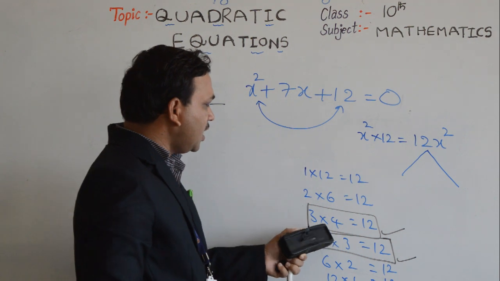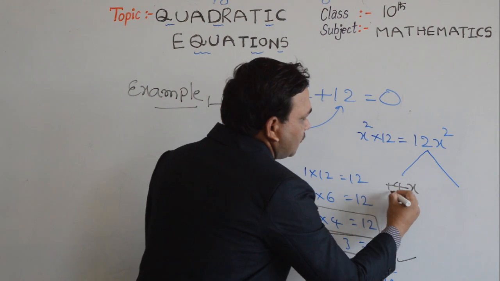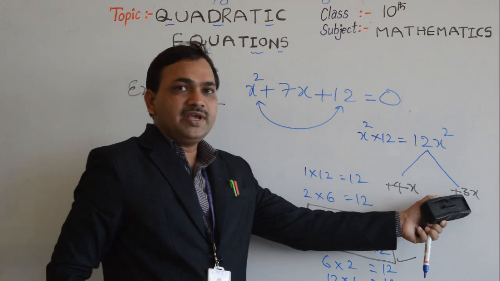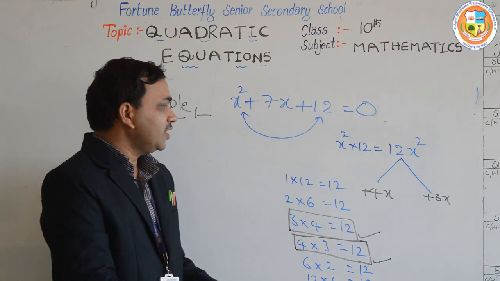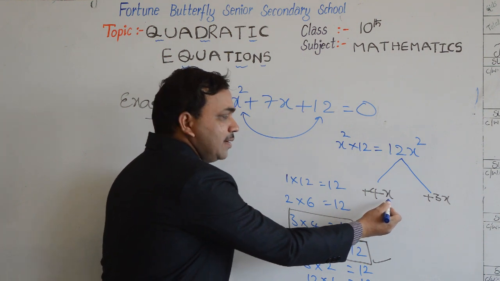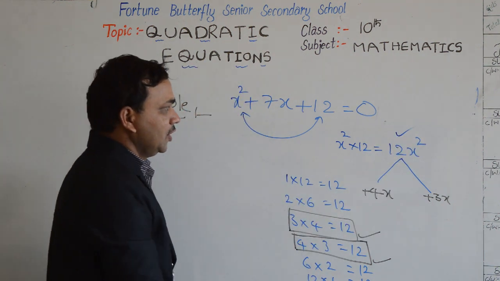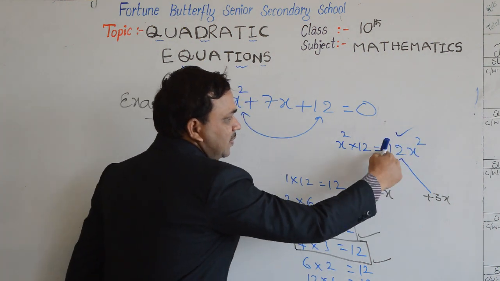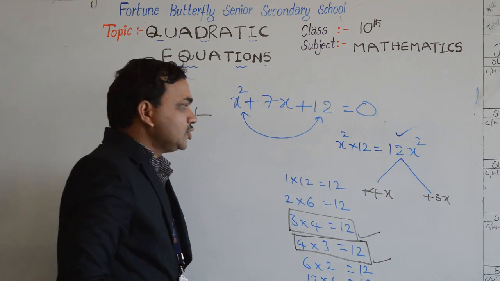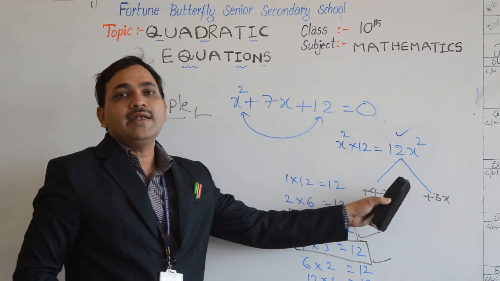So if we observe here, 4x plus 3x. Now in this, what is the second condition here? What those numbers are taken, the two numbers product after will get the highest coefficient of the number. If we observe plus into plus is plus, so 4 into 3 is 12, x into x is x square. So both the conditions are satisfied, then only we will take the numbers.